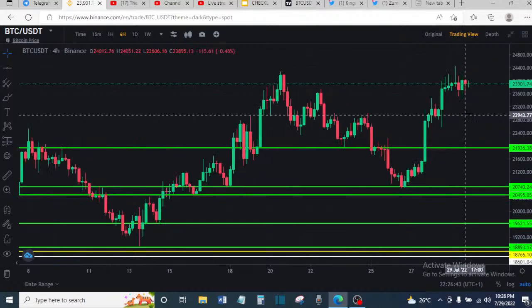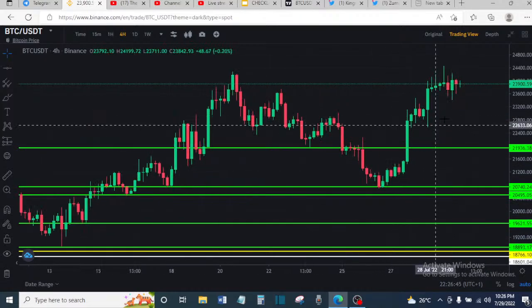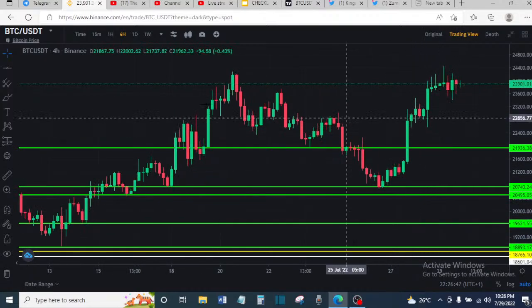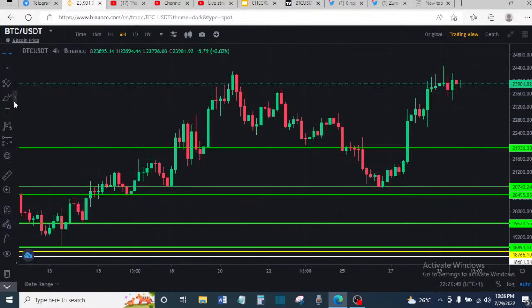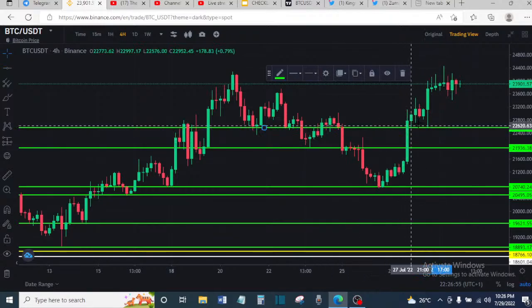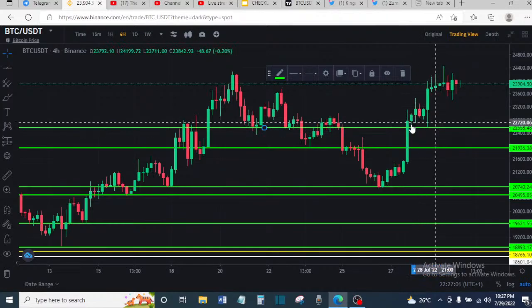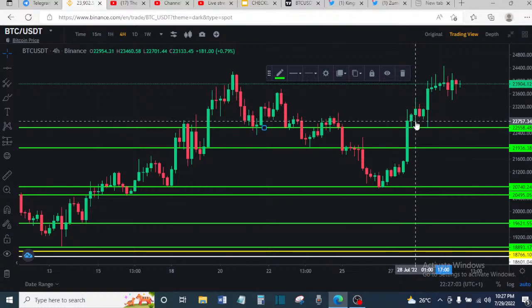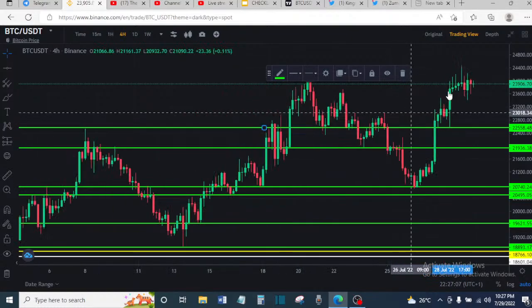Now another thing that can cause this drive down, look at what is happening at this point here. Let's place a horizontal line there. You can see more traders will come and place their stops in this area. So yeah,